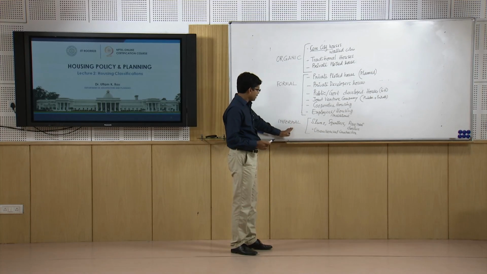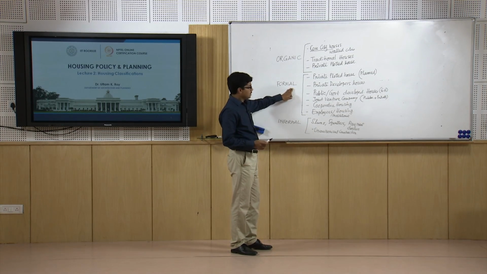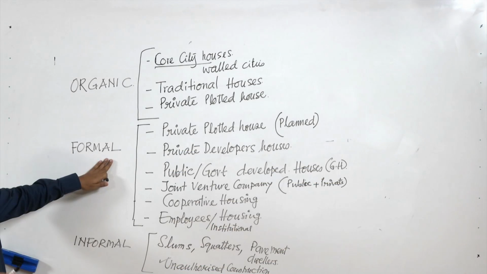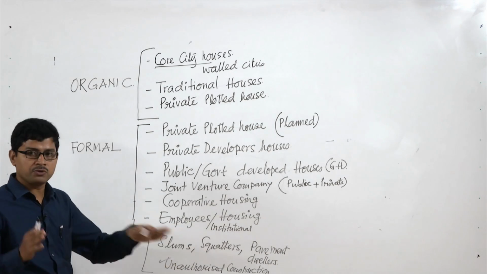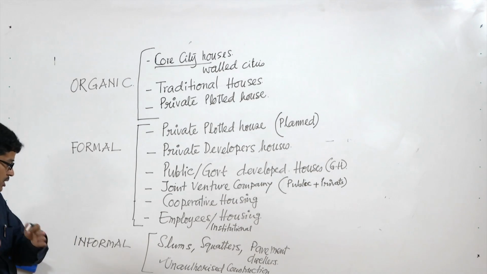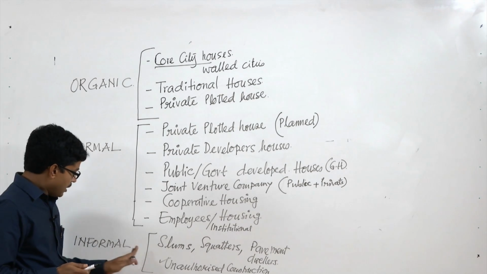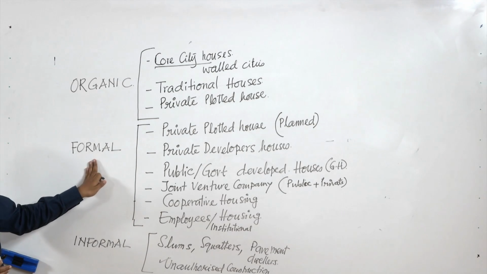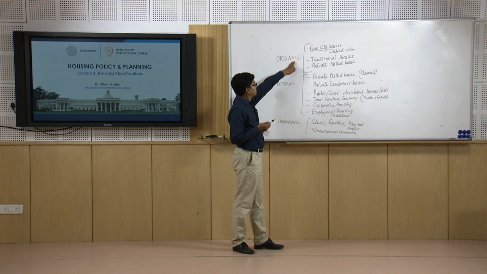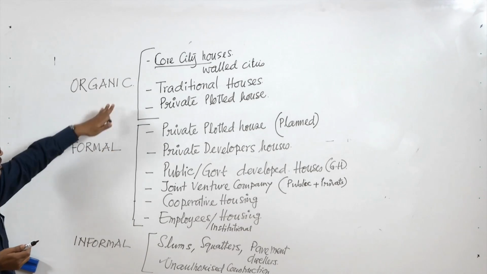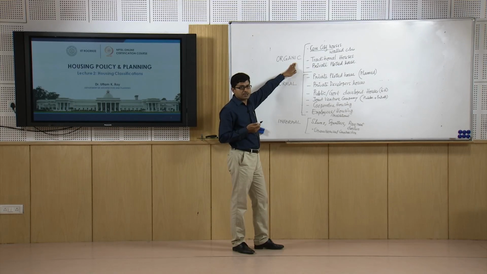The difference between informal houses and formal houses is that the formal houses are built on formal land which is owned by the people or the community or the individual. Informal cases, except the unauthorized construction, are built on encroached land or public land. Another difference is that formal houses come through a formal process, sometimes through registration in the government department, registration in the private department. Now, the difference between organic and informal: organic settlements, organic houses are basically